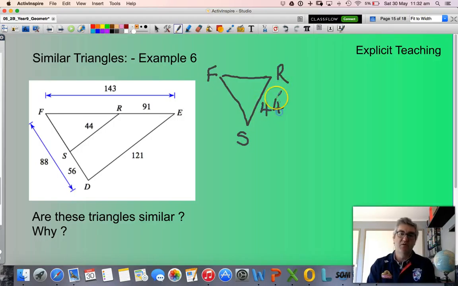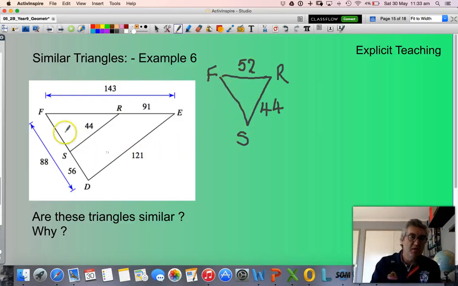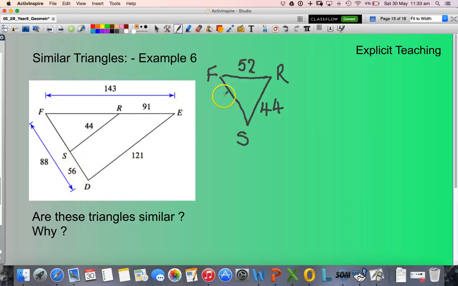44. What is this length here? Well, that length will be 143 minus 91, which equals 52. Right, the next one. That length, the FS, will be 88 minus the 56, which equals 32. And the larger triangle, okay,